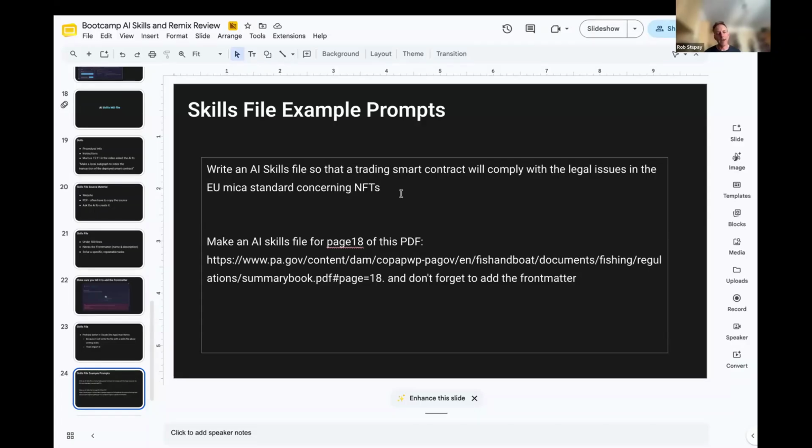But as well, with the skills that are already in Remix, some of these are just AI created. So it would be good to test whatever skills you create. Like if you make it in Claude, then test it in Gemini and see if Gemini finds that the skill file that you made from Claude works well.